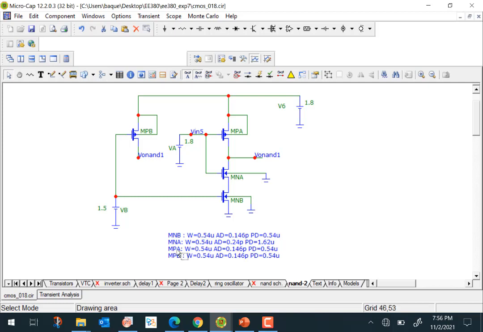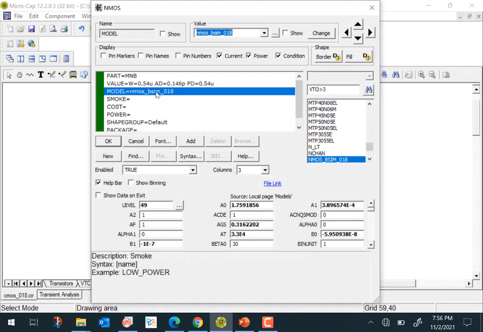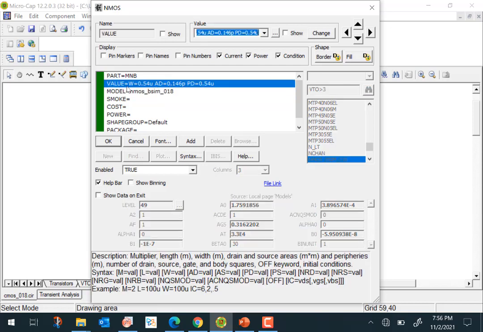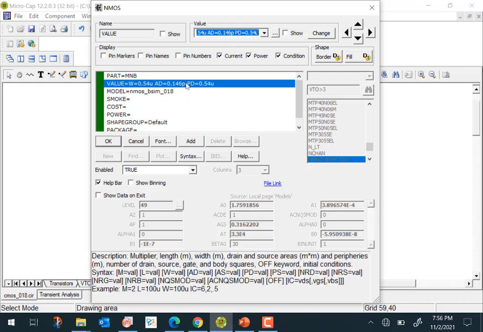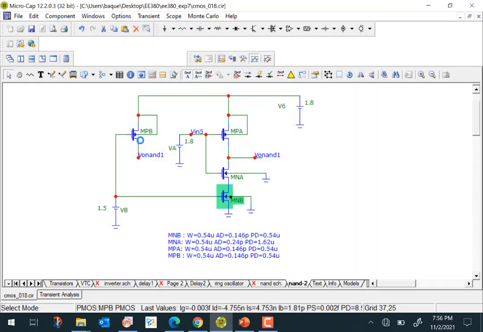And similarly, the size information of the PMOSs is all given here. So, if you double click, this is where you enter the size information. You enter the width, the area drain, and the perimeter drain, all of those things, here. Okay. So once you enter all these values, your CMOS NAND gate is ready